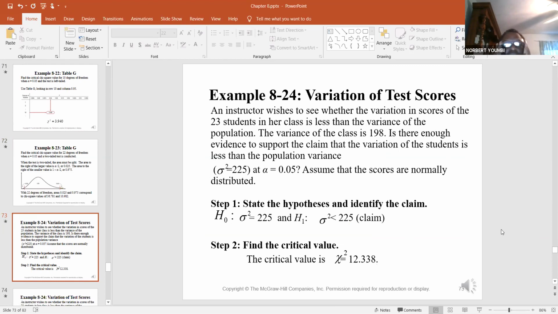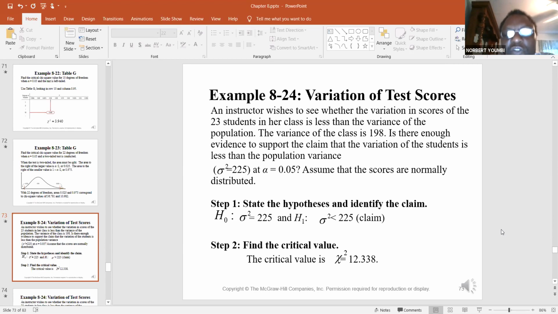Example: an instructor wishes to see whether the variation in scores of the 23 students in her class is less than the variance of the population. The variance of the class is 198. Is there enough evidence to support the claim that the variation of the students is less than the population variance? The population variance here is 225. At alpha equal to 0.05,